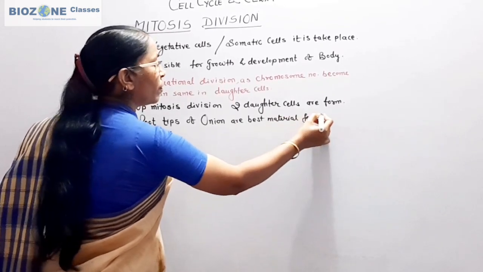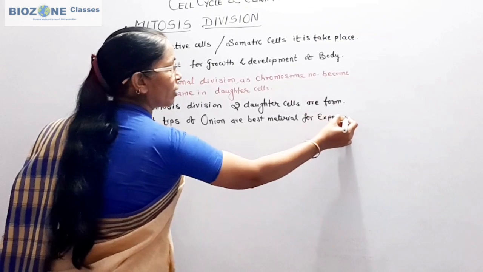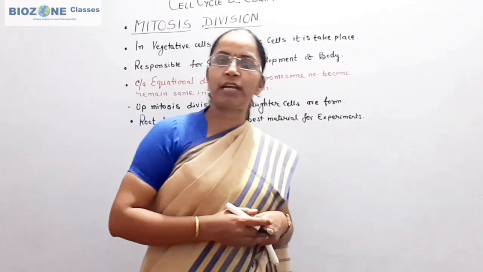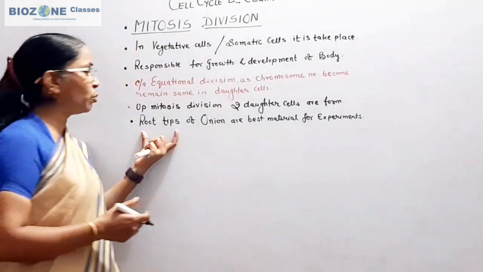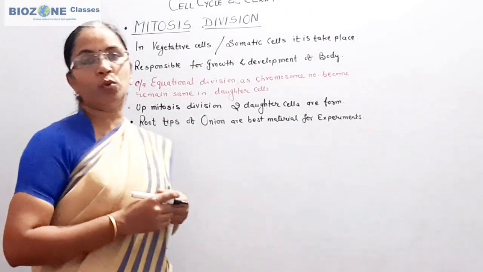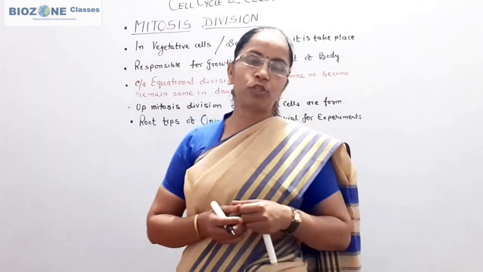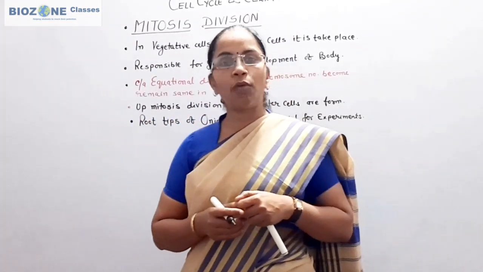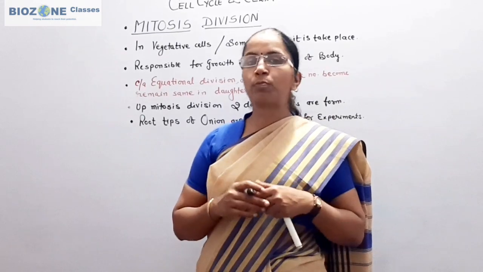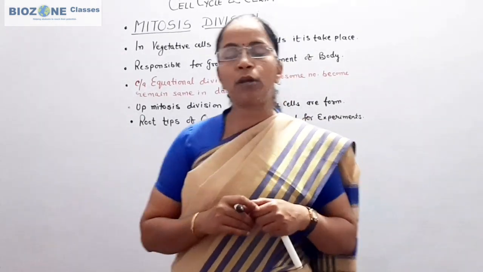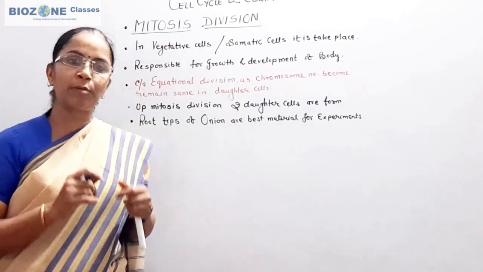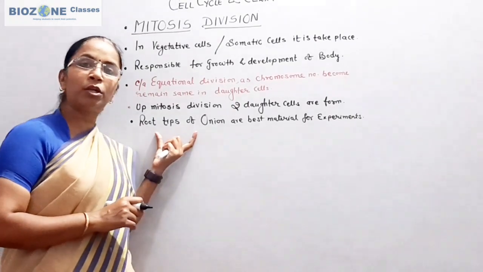for experiments of mitosis, or if you study the mitosis under the microscope, prophase, metaphase, anaphase, telophase, then commonly we use the root tips of onion. Now why do we use root tips? Recall the zonation of roots. In roots, the meristem zone or zone of division is present in the root tip, and that zone of division shows continuous mitosis division, because regular mitosis in plants is an identical feature of the meristem cells or meristem tissue. That's why we commonly use the root tips of onion.